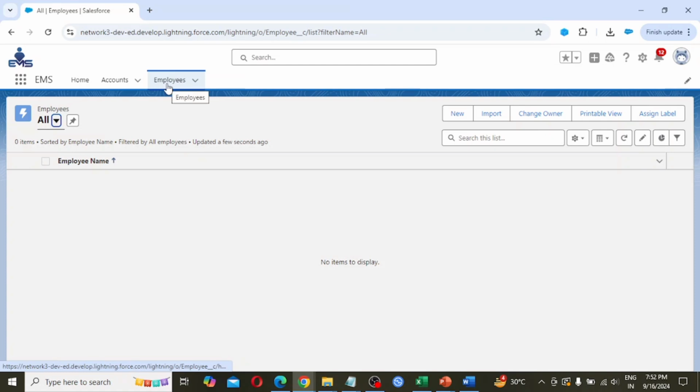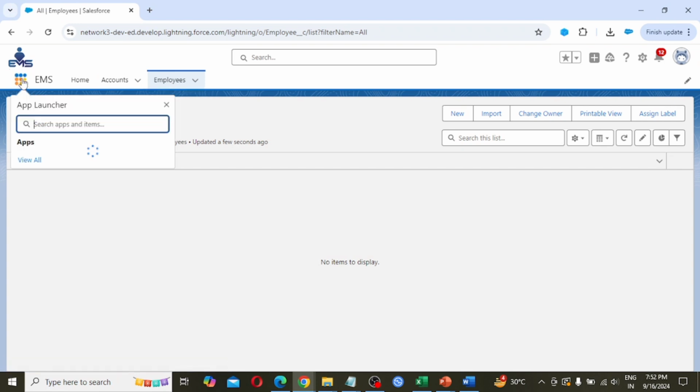As we had seen in the tab section itself, we had checked this after profile, so it is visible. Is this object viewable, or can we access it in a different application also? Definitely yes, because we had given this object to all the applications.